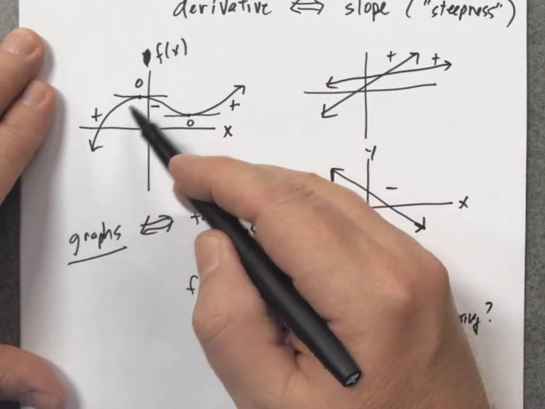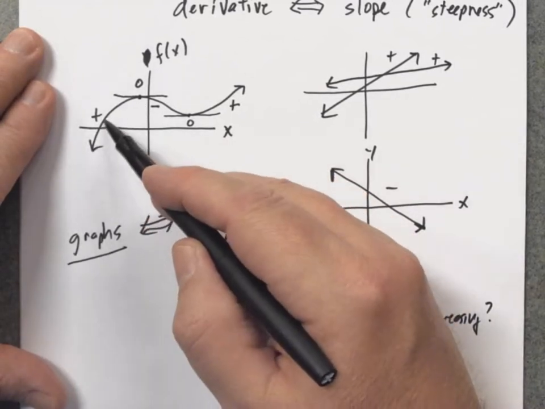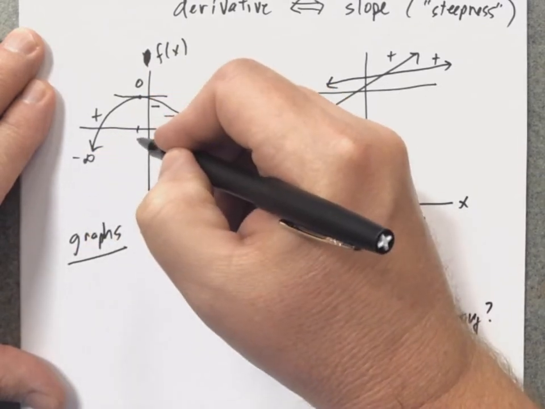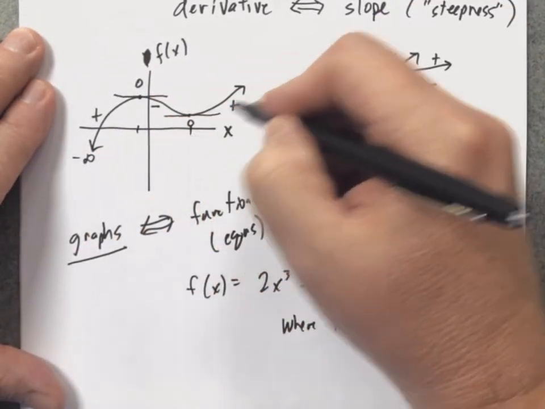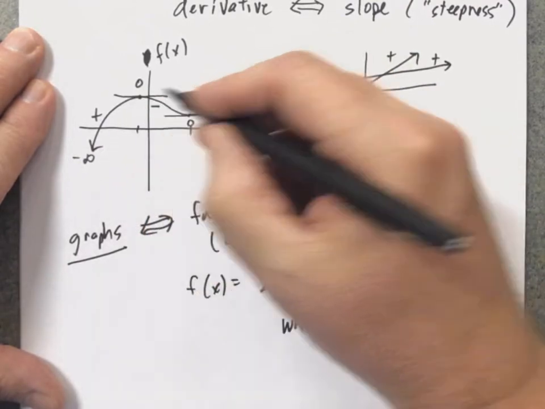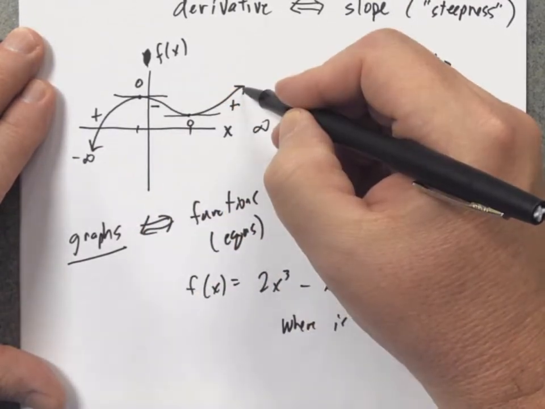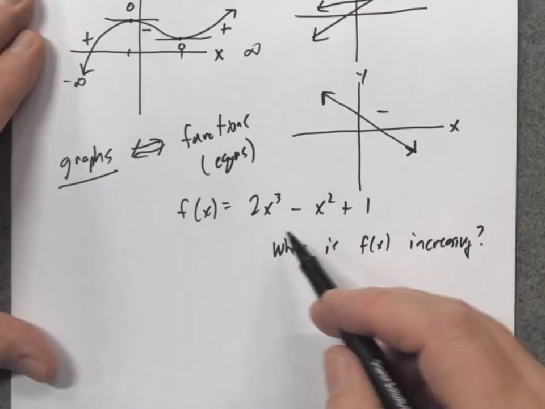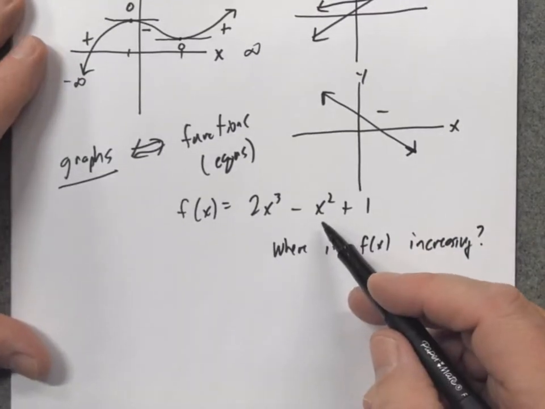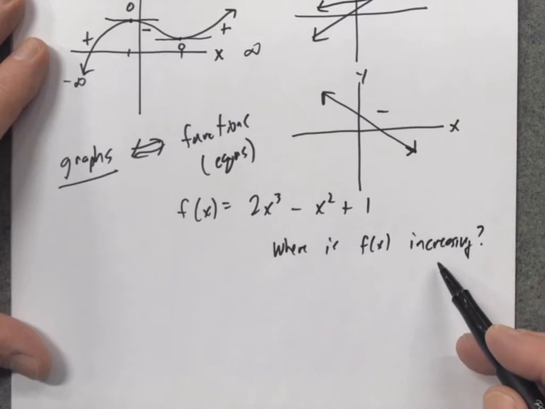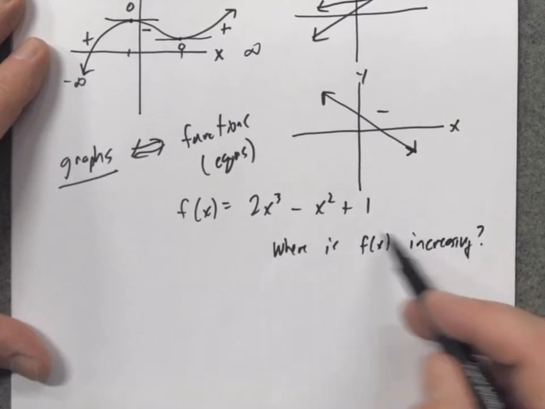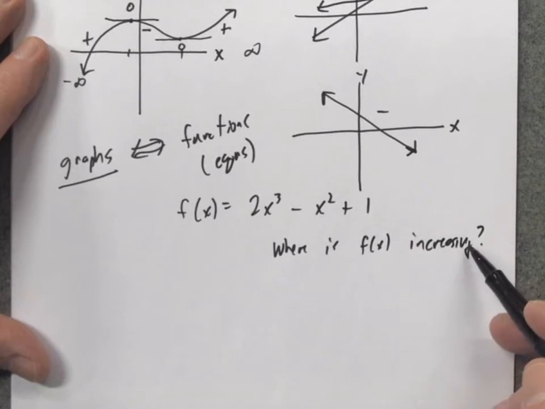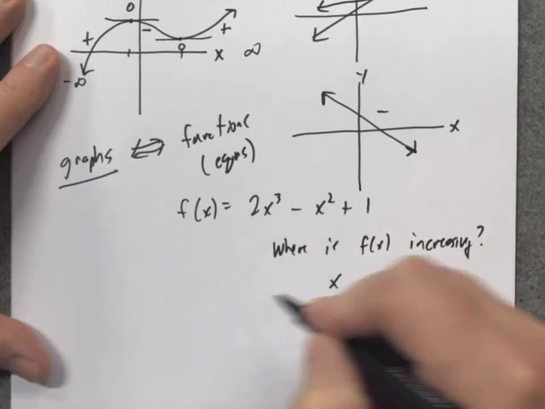When I have a graph, it's very easy to see. It's increasing from negative infinity to right here, and from here to positive infinity. There's two regions of this graph where the function's increasing. There's one region where it's decreasing. But when you're just given a function or an equation like this, and you're asked this question, we have to figure out a mathematical way to answer this question. And the answer to this question is going to be some kind of an interval,